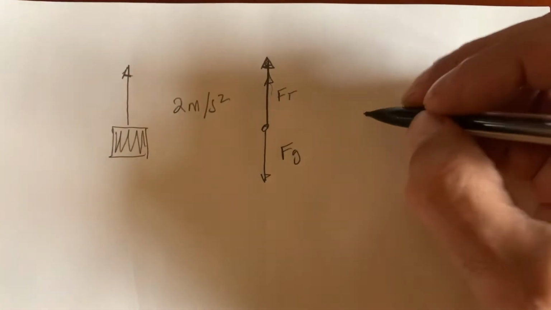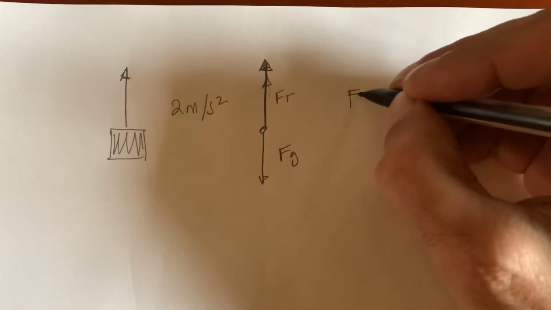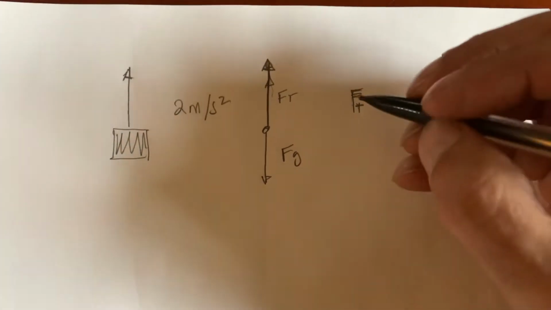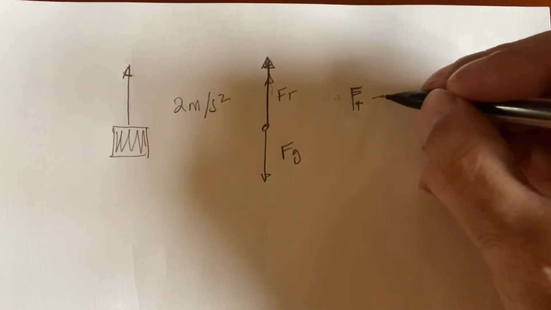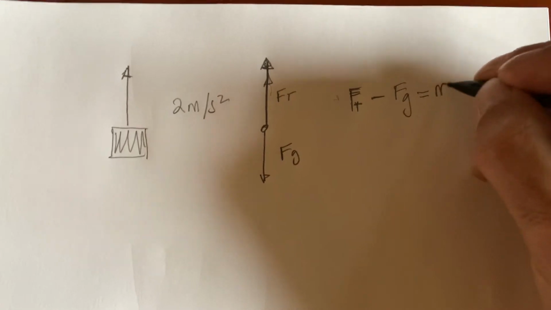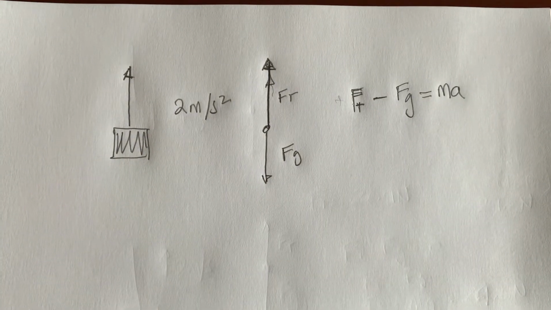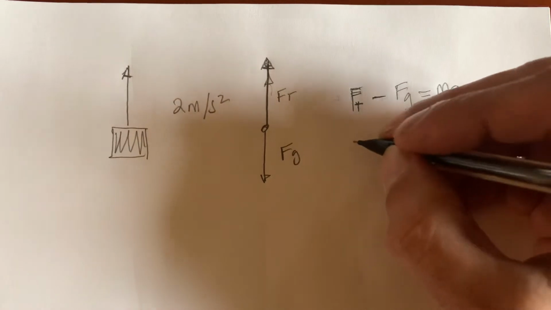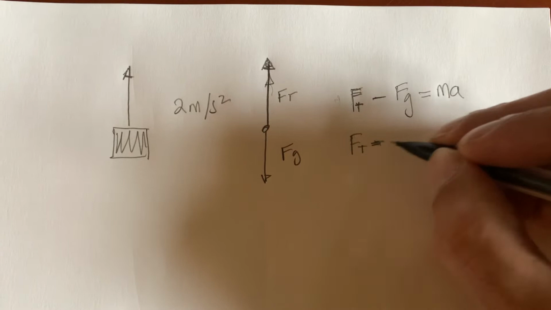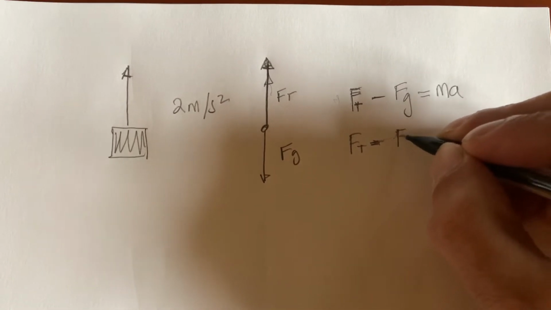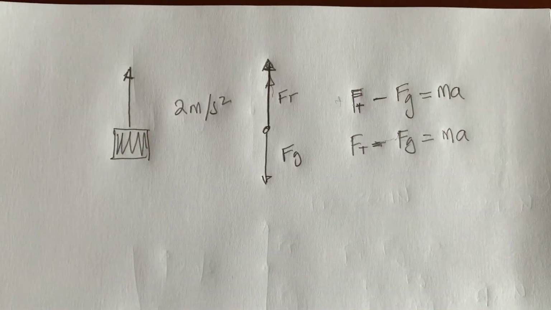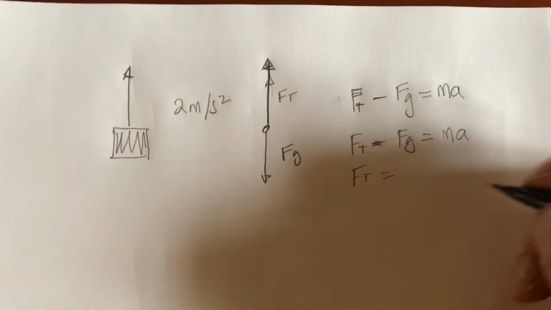I write my free body diagram equation again. I have Ft acting upwards. I won't put the positive sign here, I don't need to. Minus Fg is equal to some mass times acceleration. And so then if I write down my equation, Ft minus Fg is equal to the mass times acceleration, so Ft would equal